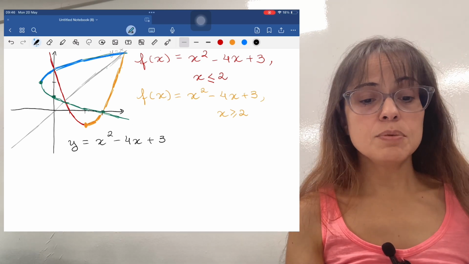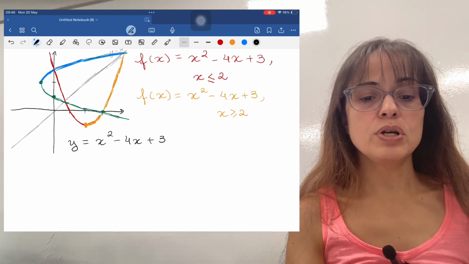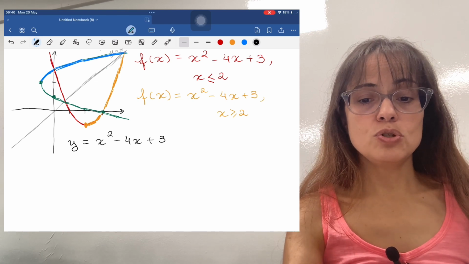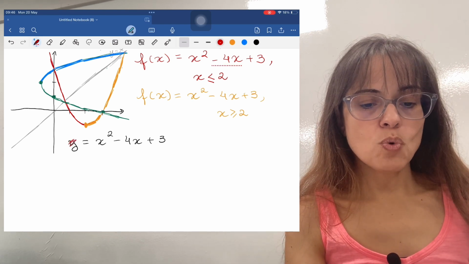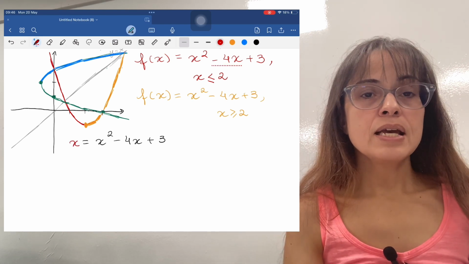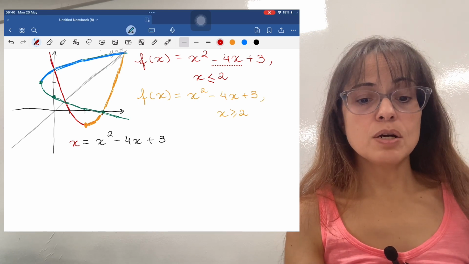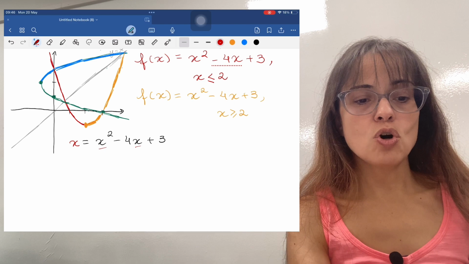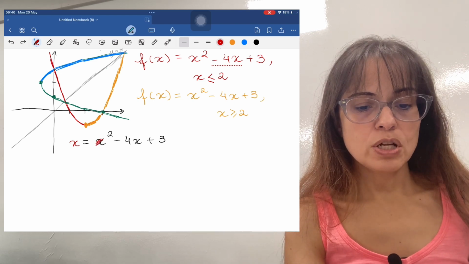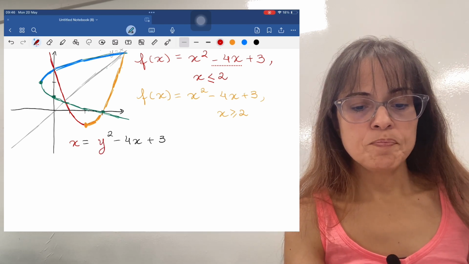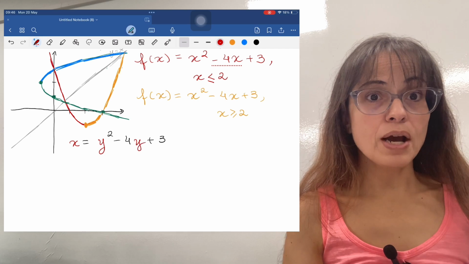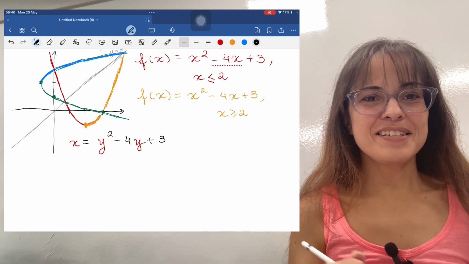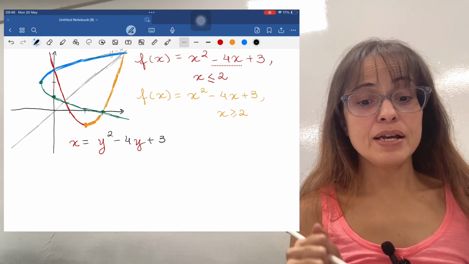But now that I am going to invert algebraically, the next thing that I need to do is to switch this y for an x. And remember, I mentioned in the other example that if you have multiple x's, you have to switch all of them to y's. So that's what I'm going to do. This is a y, and this is also a y. And now the next step is to isolate y in this